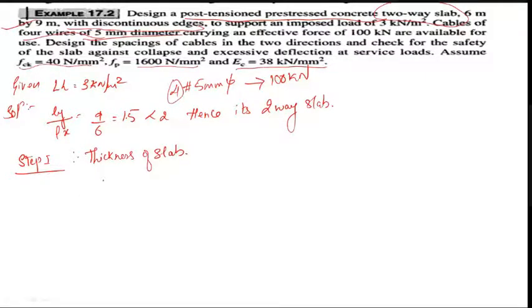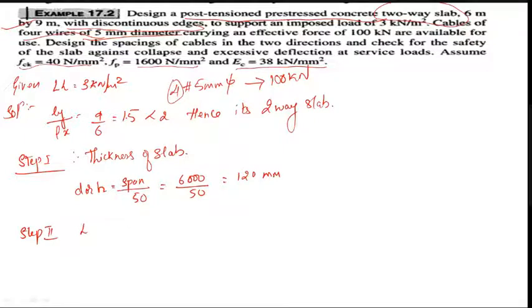And we know that it is calculated by thickness. You can take it as H or D, whatever. Span by 50 according to standards. Span is 6000 divided by 50 equals 120 mm. Okay, next step,